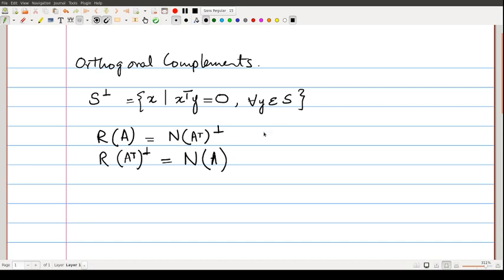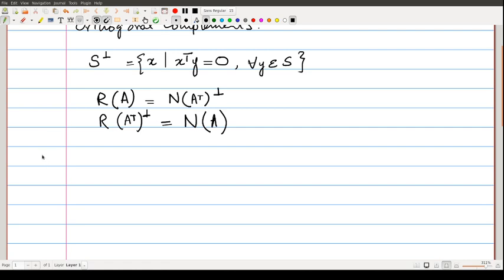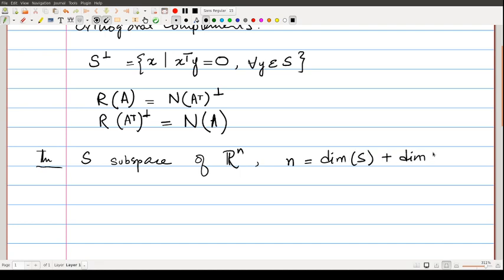We did another theorem last time, just recapping this. The idea was that if we have S as a subspace of the n-dimensional real space, then n is equal to the dimension of S plus the dimension of its orthogonal complement. So you take the dimension of the space, and the dimension of its complement, and it will give you n. And in fact,